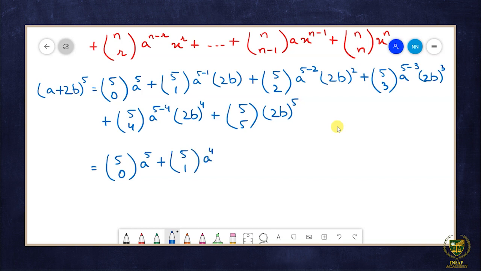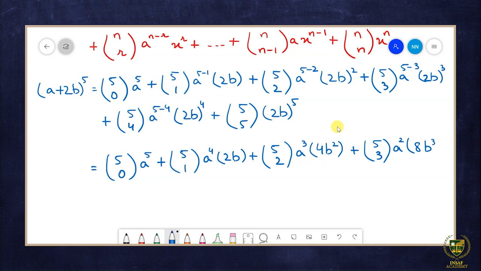4 into 2b plus 5C2 into a raised to the power 3 into 4b square plus 5C3 into a square into 8b cube plus 5C4 into a into 16b raised to the power 4 plus 5C5 into 32 into b raised to the